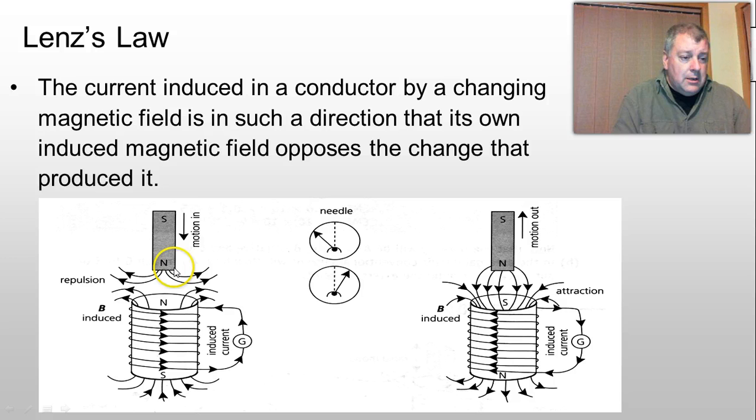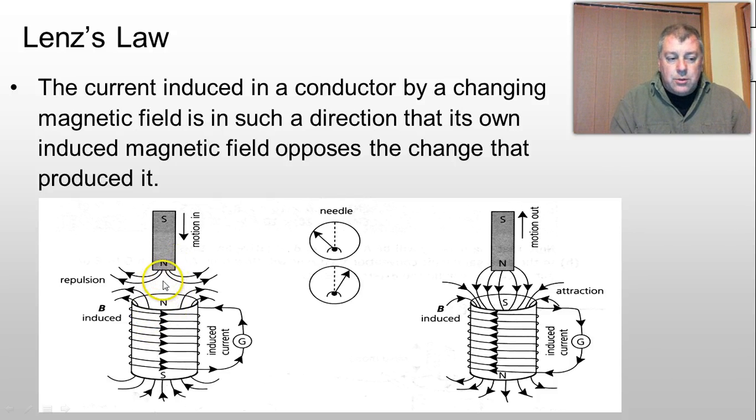So let's have a look here. We're moving a north in to a coil. So there's our coil, and that's just connected to a galvanometer, so there's no current in the coil. If this magnet is stationary, this coil does experience a magnetic field, because you can't turn the magnetic field from the bar magnet off, but it's not a changing magnetic field. To make this coil experience a changing magnetic field, you've got to be moving this bar magnet. So if we move it in,